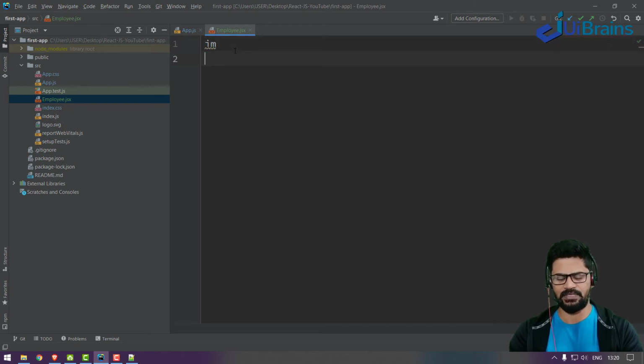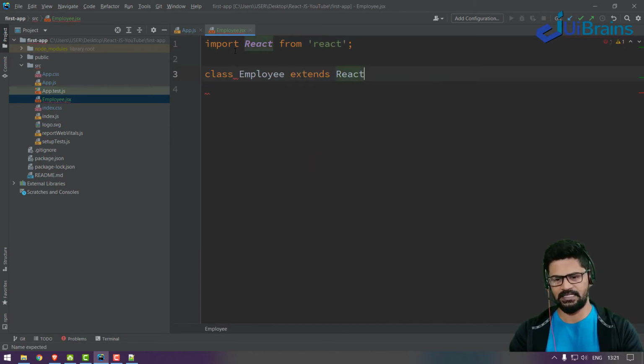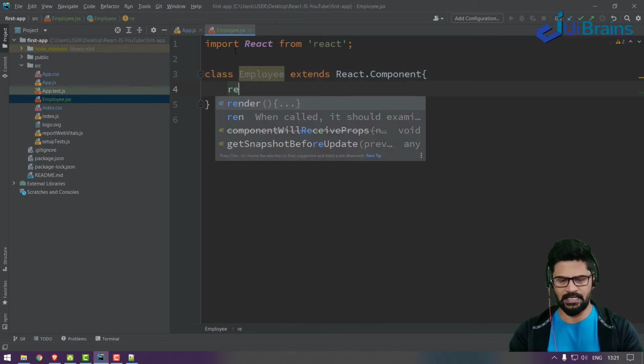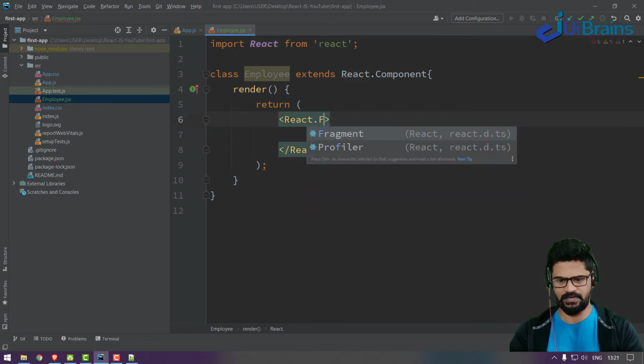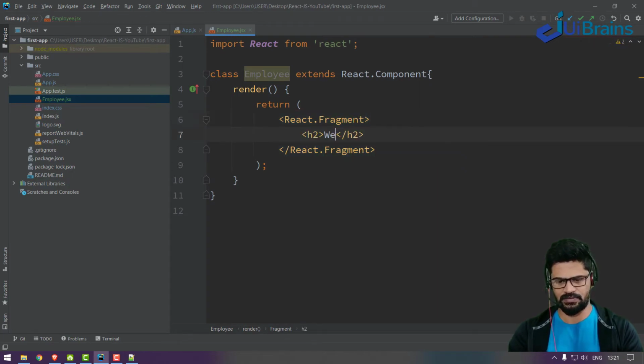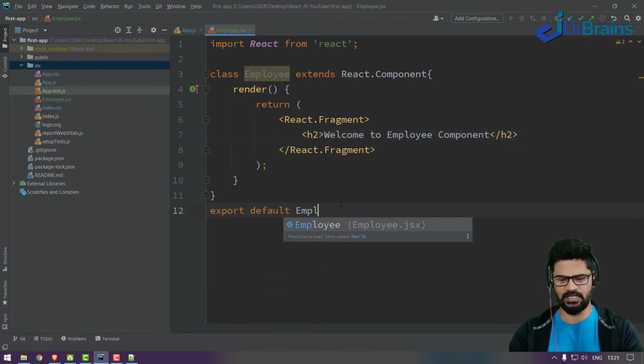So let's say import react from react, and let's say class Employee extends React.Component. Here, use the rcc tab shortcut. It's not a div, it's React.Fragment. I'll say h2 welcome to employee component. Let's say export default Employee.